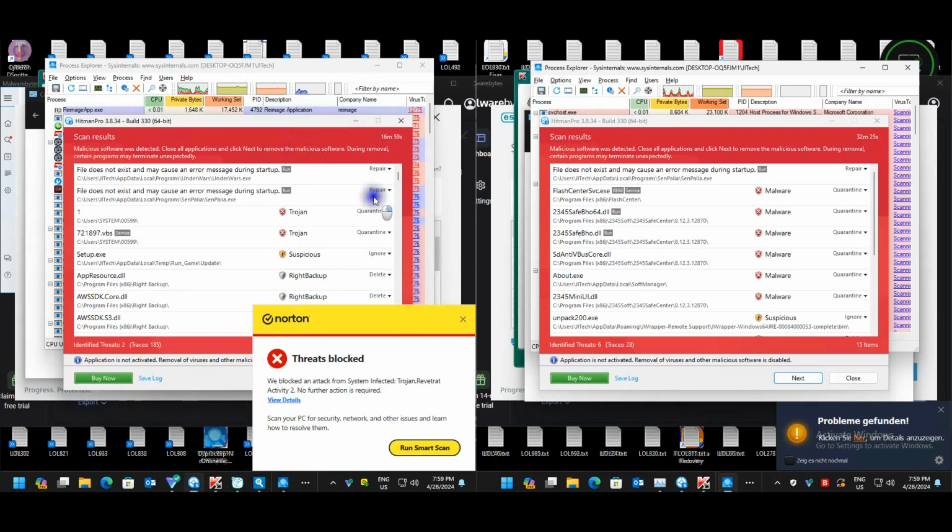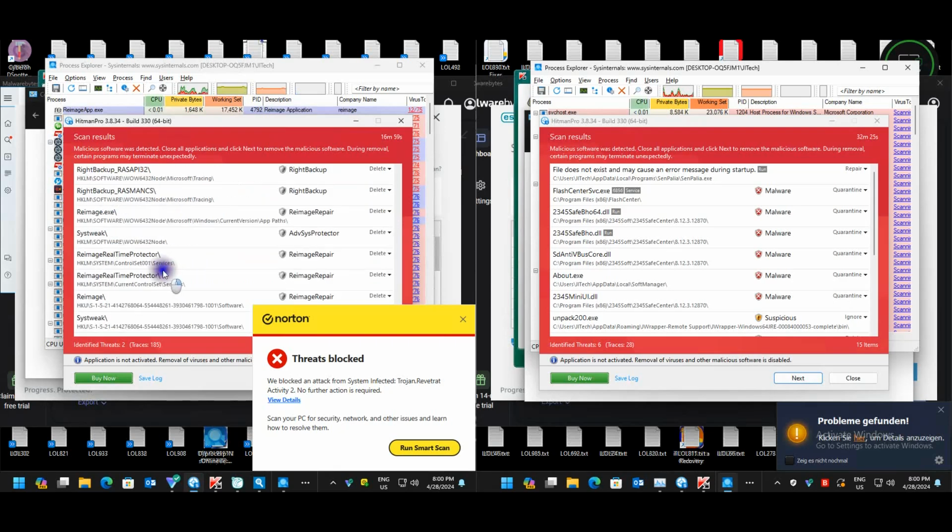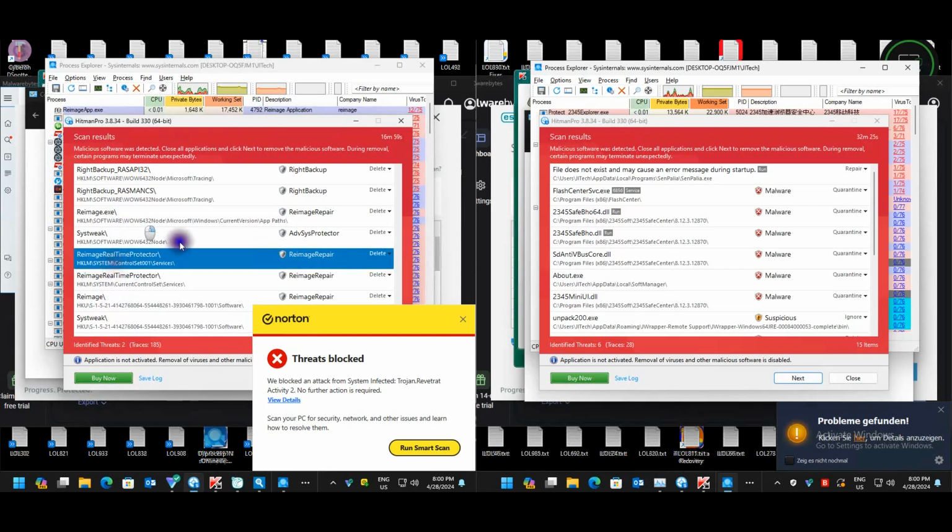Hetman Pro, it seems like we do have 2 Trojans. So C users, then this system folder was obviously there now, and then this VBS, and then we've got the suspicious startup, and then just a bunch of other files. And then a couple of registry keys. You don't really see that much in Hetman Pro.